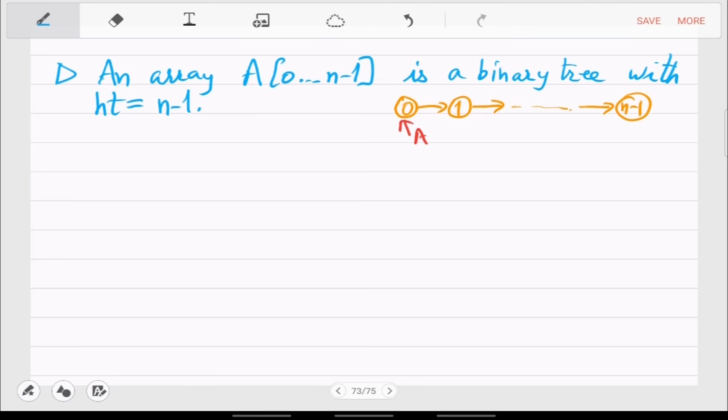Yeah, sure. Singly linked list is kind of an array, it's surely a binary tree. These kinds of instantiations of a binary tree, we call them skew binary tree.